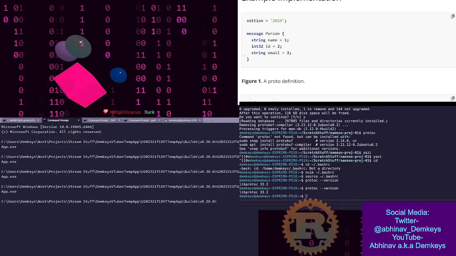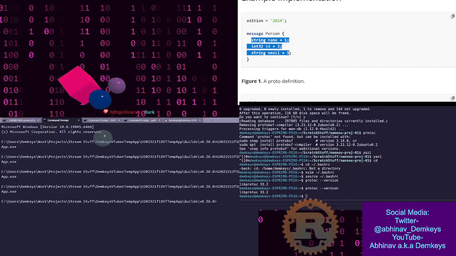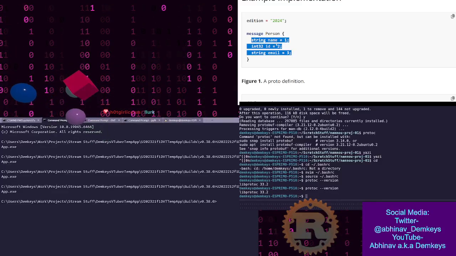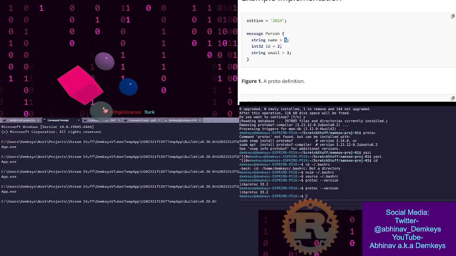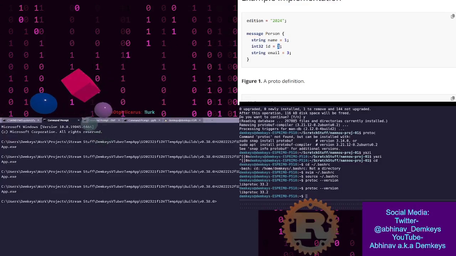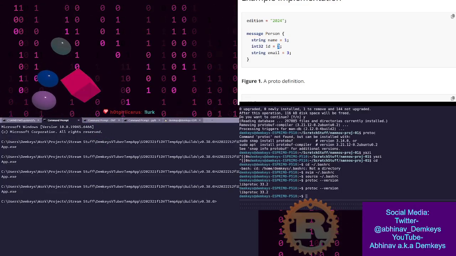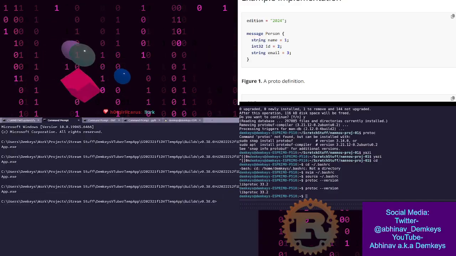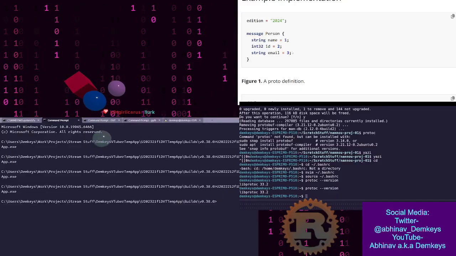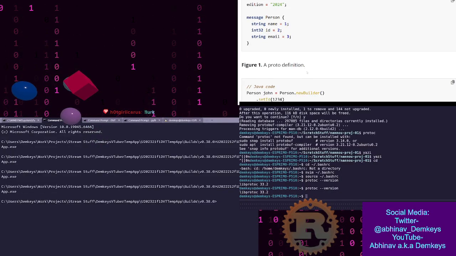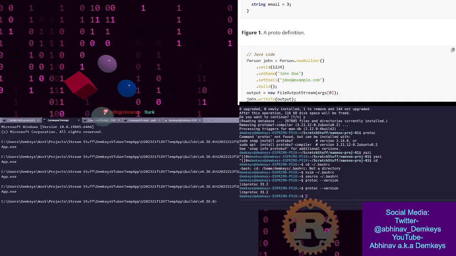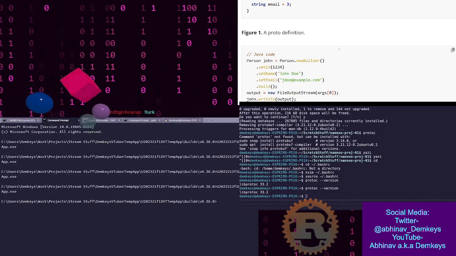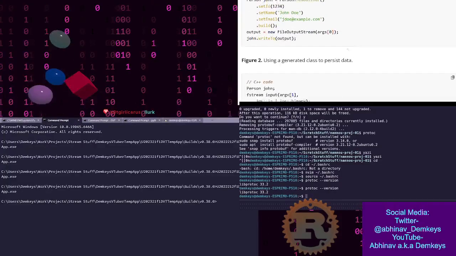Also, yesterday when I was reading this, I think I found this out thanks to Gemini. I was assuming that these are values, but these are not values. These are IDs for these different variables. Okay, this is a proto definition. All right, then here's the Java implementation of